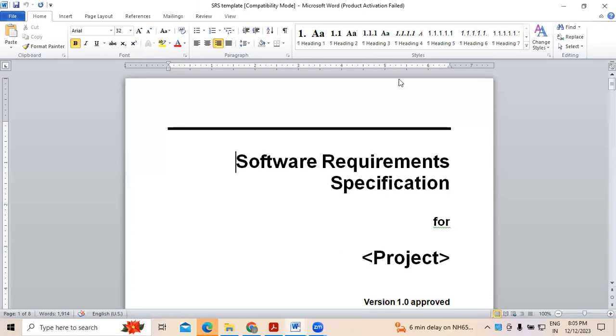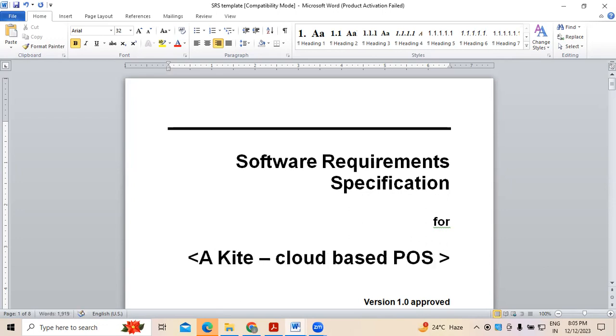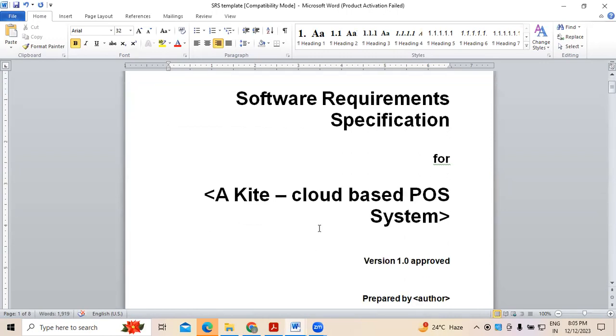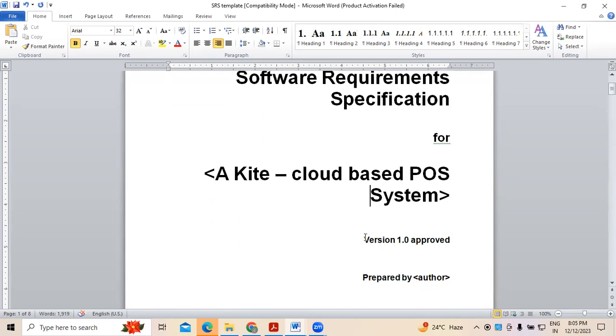Now here we need to mention the project. So the project name. Our project name is called Ekite, which is a cloud-based POS system. So this is what the software requirement specification generally stands for. This is the first of its kind we are doing, for example, hence it is